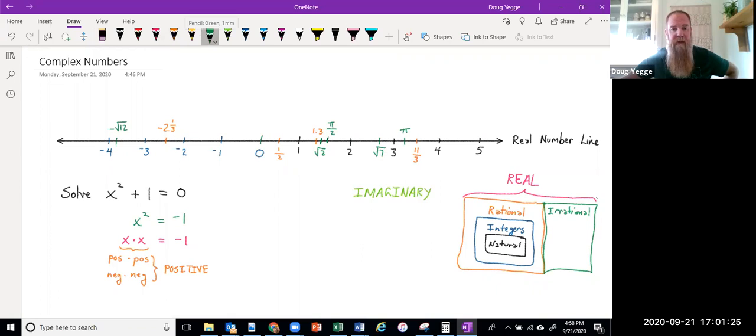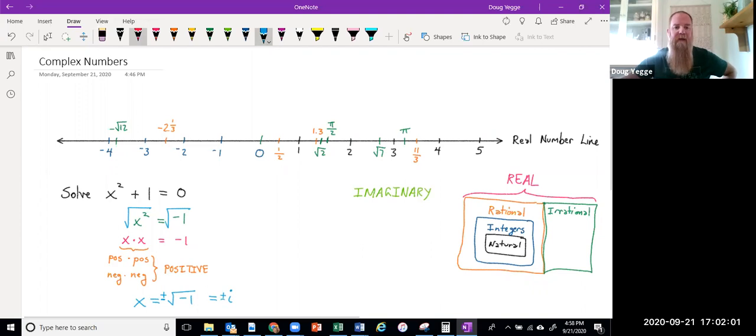Because if I end up going back a couple steps here and taking the square root of both sides, then that means that my solution is x equals the square root of negative 1, which mathematicians have now given the value of i. I should be careful with this as well, because since I took the square root, there's technically two answers, plus or minus the square root of negative 1.